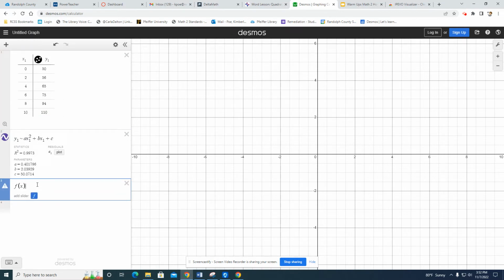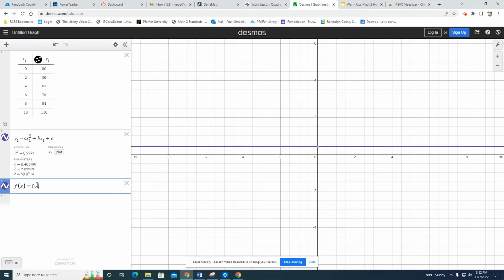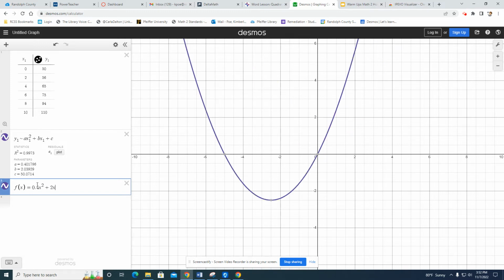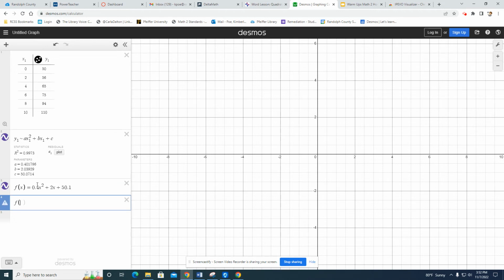So we're going to have f of x equals, let's round to the nearest tenth, 0.4x squared plus, that'd be 2x, because that'd be 2.0, so just 2x, plus 50.1. Okay, so that's our equation, 0.4x squared plus 2x plus 50.1. And we are finding f of 14. So let's go to the next line, f of 14. And that gives us